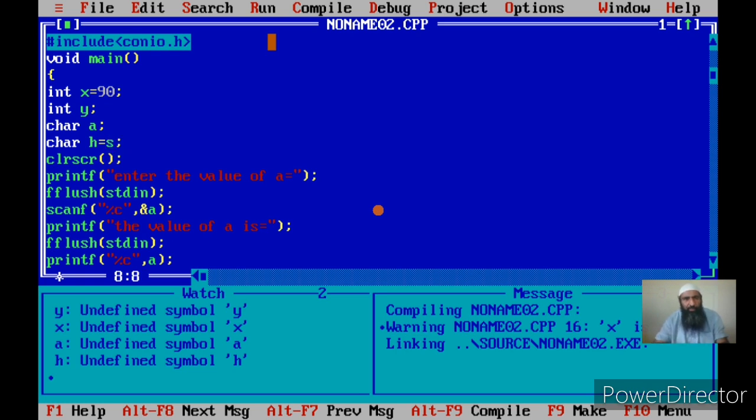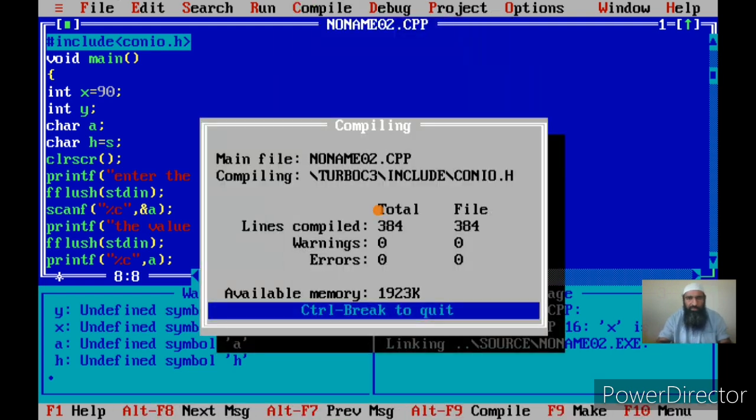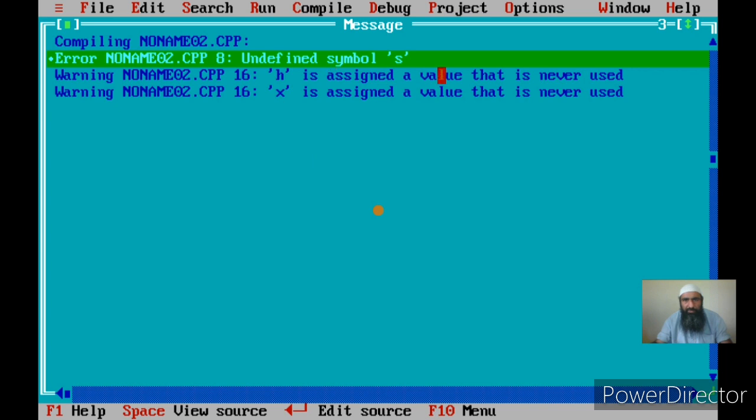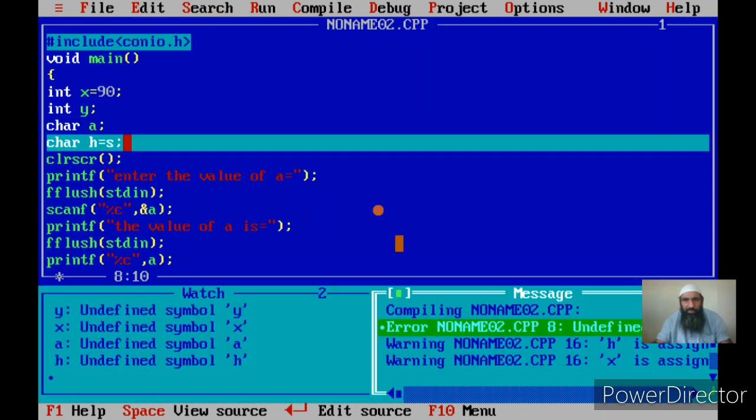If you do that, see what will happen. Let us do that and compile. Once I compile, an error has come. What is the error? Undefined symbol S. What does that mean?